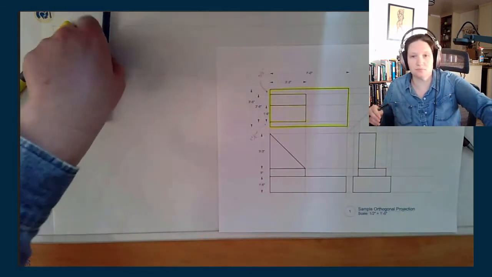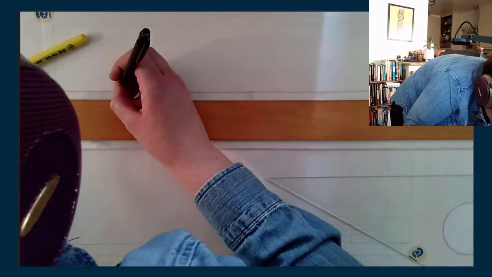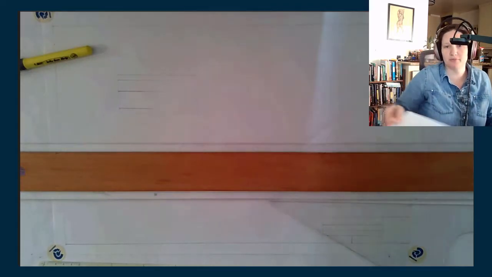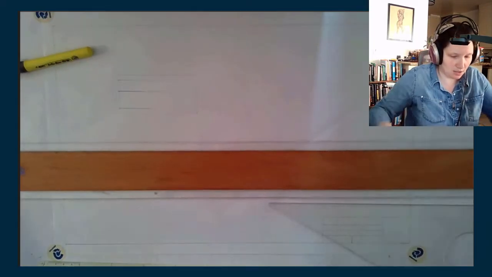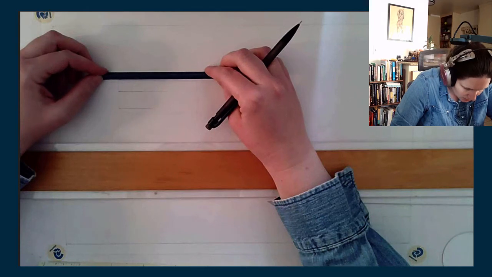Now I'll take my T-square, and I'll give myself where those will be. On that top edge, I will grab that measurement, which was 3 foot 3. Give myself a mark for that